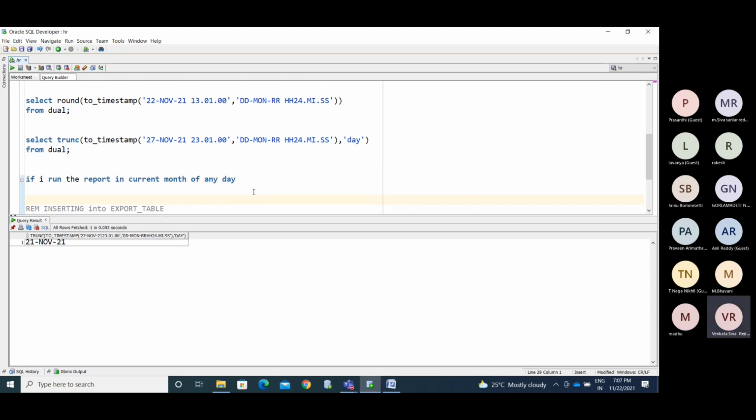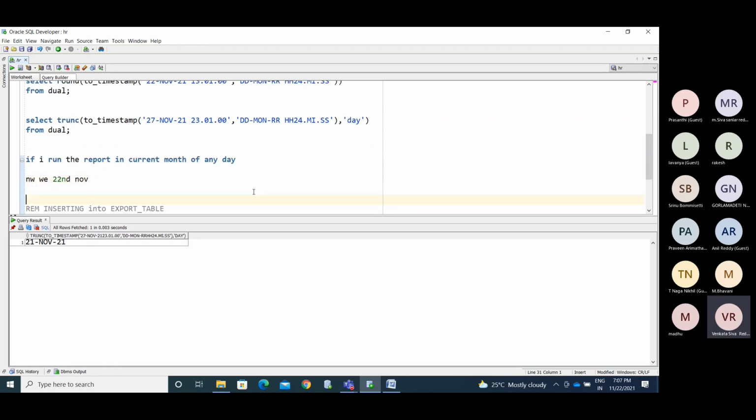Now we are on the 22nd of November. If I run it today, we need to find out the previous month, October.